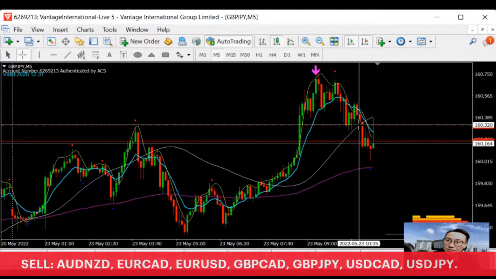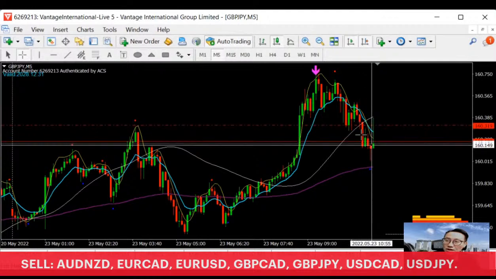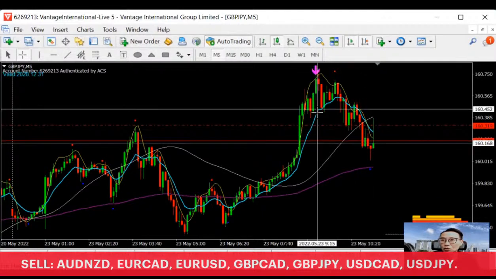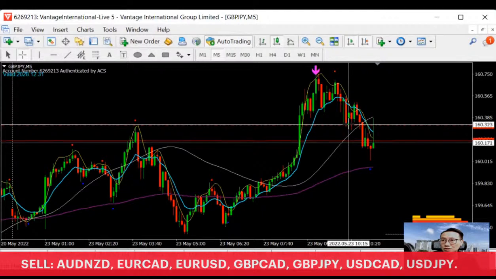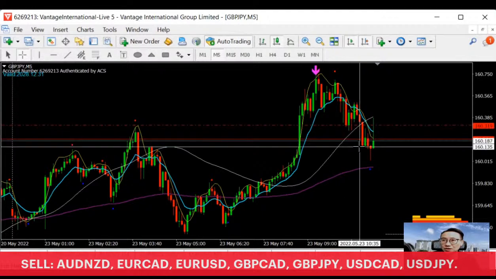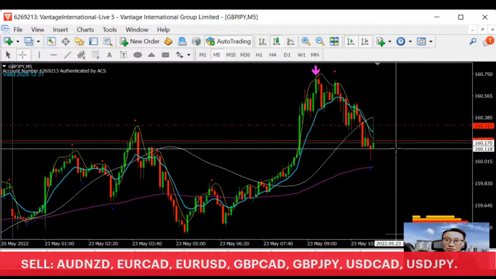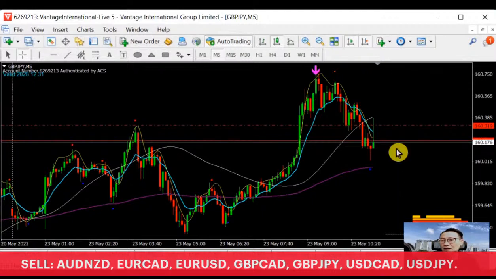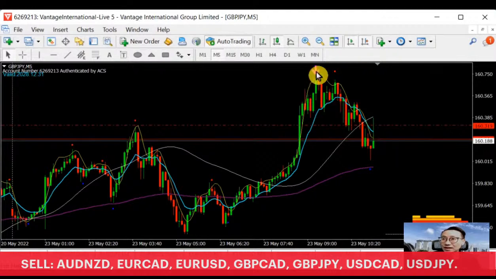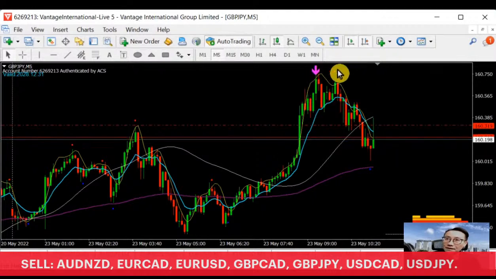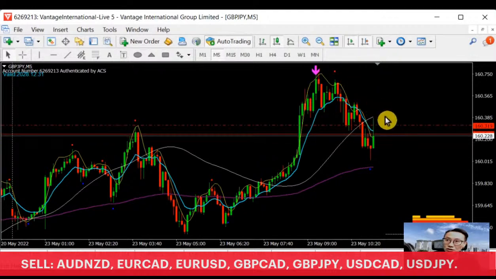160.319 is another support, and this is another support. Let me explain. This is a lower support, and this is a lower support. Right now it's actually creating another lower support, whether it will create one or not. So you are correct. However, as you can see in M5 right now, it's going on a trending form, a trading market here. Lower resistance, lower resistance, lower resistance.